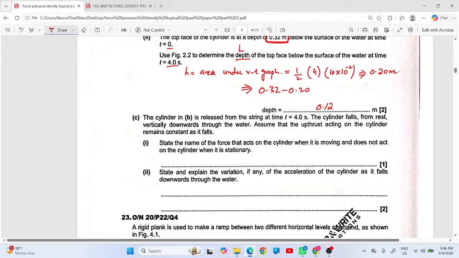Which force is acting when the object is moving and is not acting when the object is at rest in a fluid? The drag force, है ना? Drag force. Next is, state and explain the variation, if any, of the acceleration of the cylinder as it falls downward through